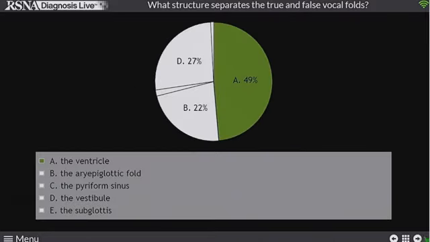That's long enough. The ventricle, absolutely. That's probably the most important structure in the larynx. And a lot of what we're going to do is talk about how we're going to be able to find it so we can describe lesions relative to this little slit-like structure, which is the ventricle. And 49% of you got it right. But this is, if you take away 1 point, it is how to find the ventricle.